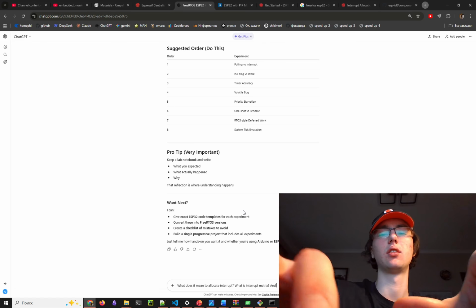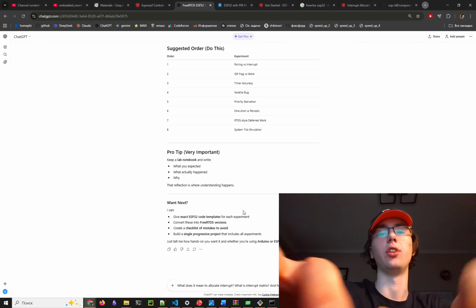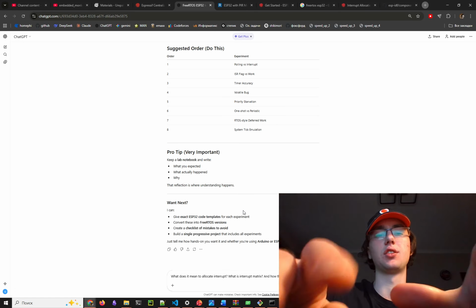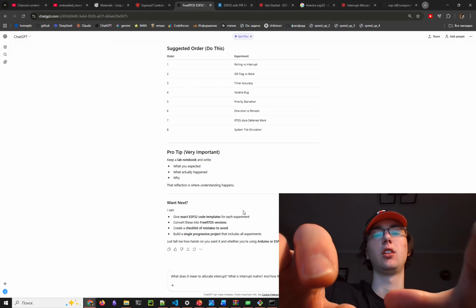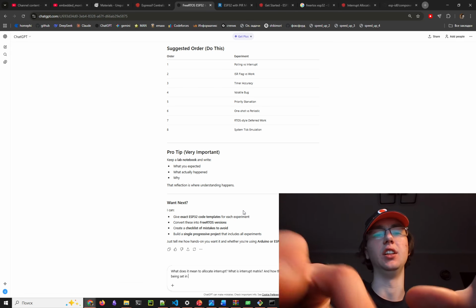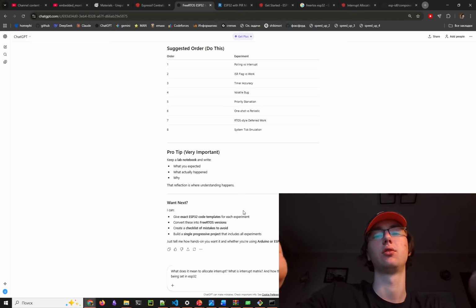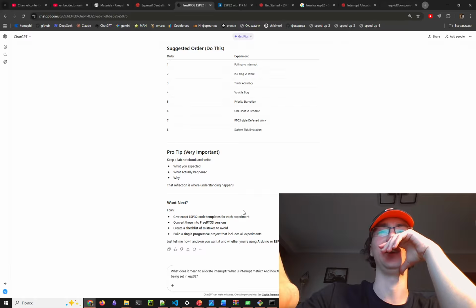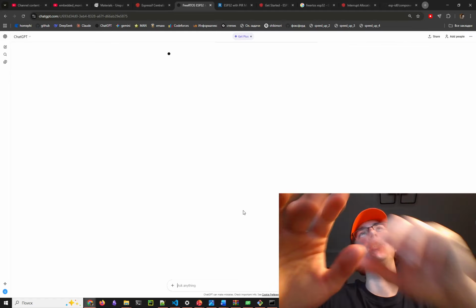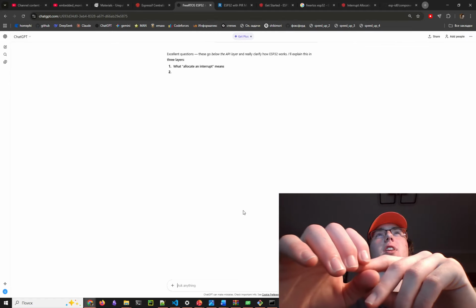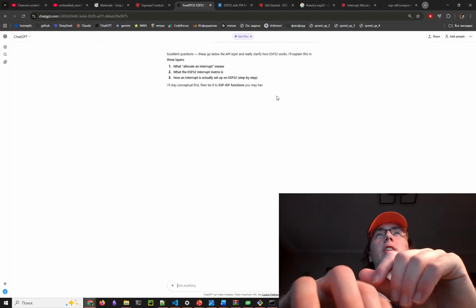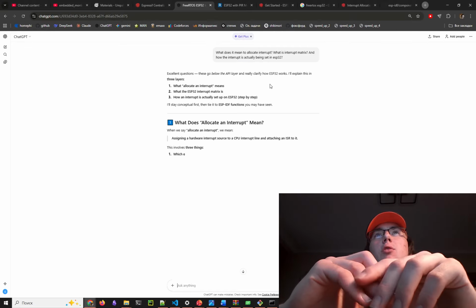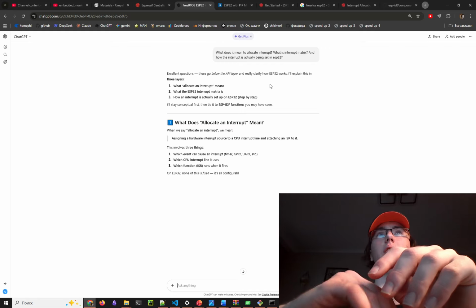And how is the interrupt actually being set in ESP32? Yeah, probably I should actually send it like the technical reference manual, but we're gonna go with it. Okay, go below the API level layer and really clarify how ESP32 works. Okay,